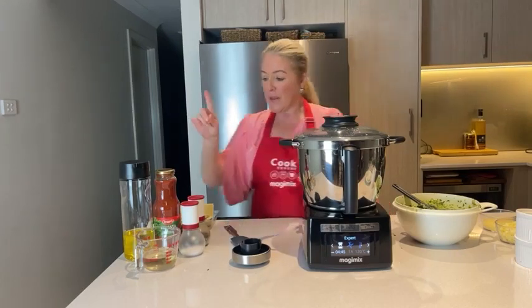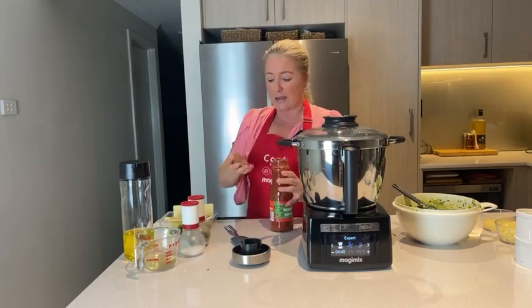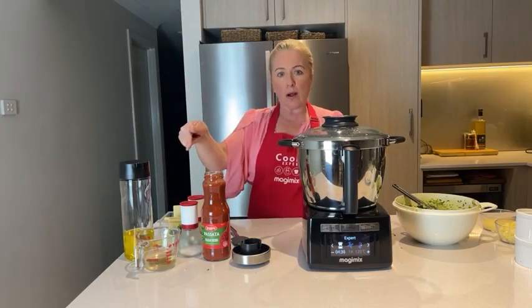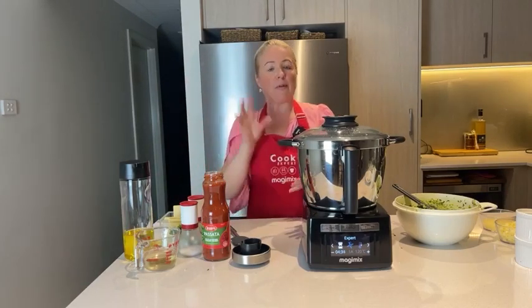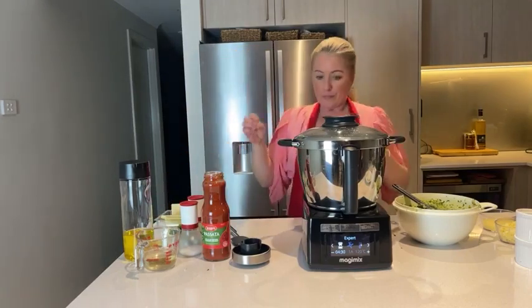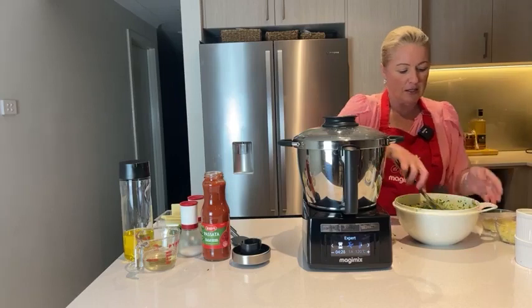And then we're going to get ready all of our other ingredients. So we're going to cook with some passata. We're also going to add some white wine. And we're going to do some salt and pepper and some basil at the end. So we're going to pop all those things in there. So we'll let that fry off. And then we're going to start, in just a moment, we'll get ready